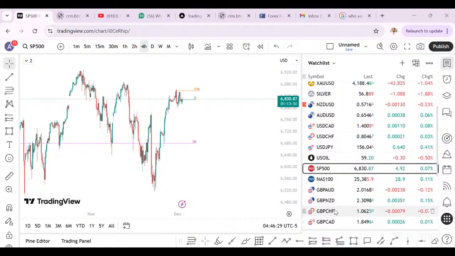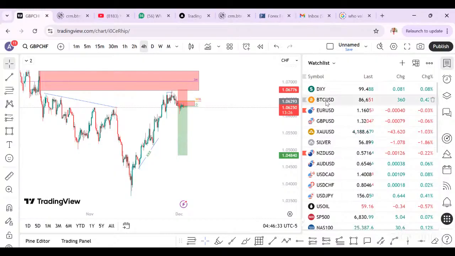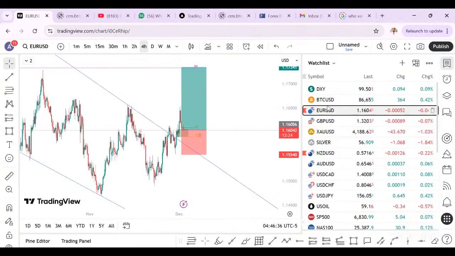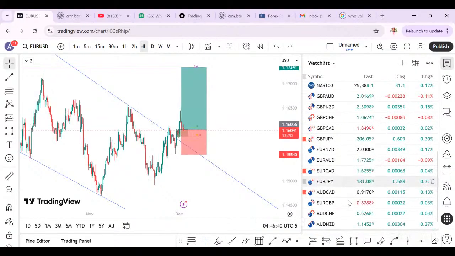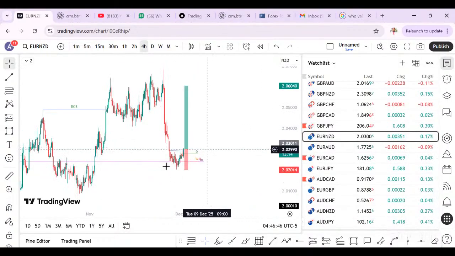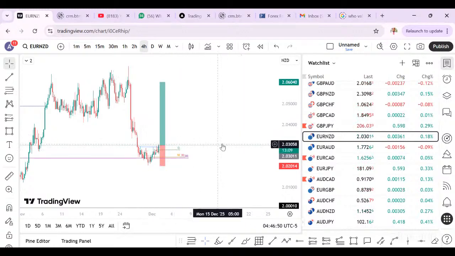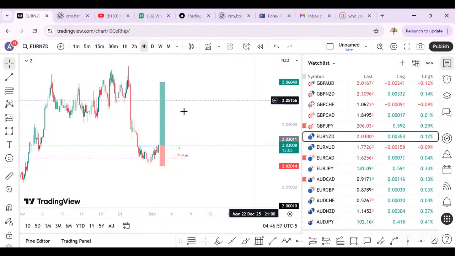Already we have GCHF running, right? We have Euro USD. We are already running. And now we have added another one, which is this. But this one I said, wait for this candle to close. We want to see that candle close bullish by 11. So that is where now your initiative to buy or to leave it.